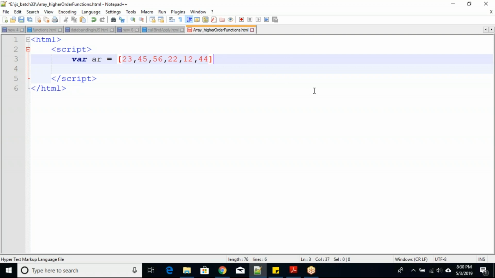This is an array. I have so many higher order functions. So what is the name of the higher order function? Map. So map is a function. Map is a higher order function on an array which can call a callback function for